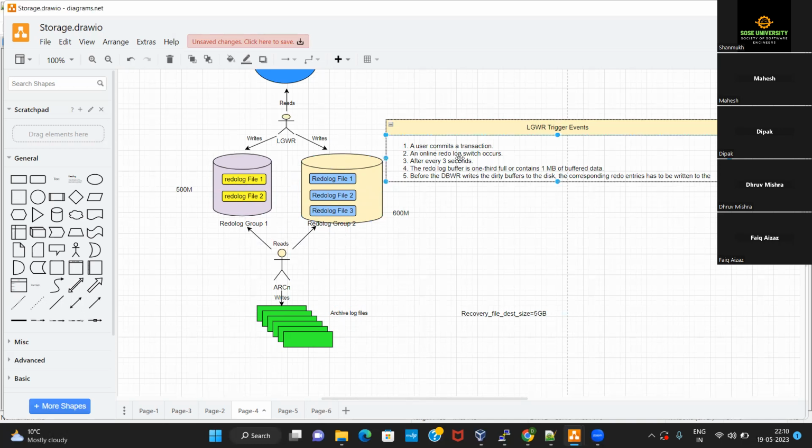Yes. Okay. So these are the various events at which... yeah, go on. While copying these archive log files from the redo log group, does it copy and permanently cut that one, or how does it work? Yeah, so it copies those redo entries from the redo log files into the archive log files. Next time the LGWR comes back to this group, the previous entries will automatically get overwritten.